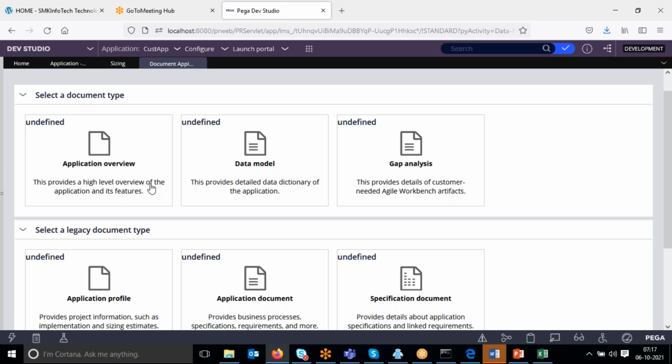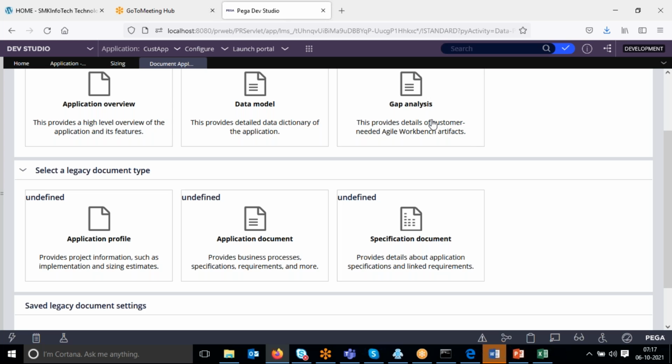I want to see the application overview, meaning the high level of the requirements. Data, the old database level requirement document, and gap analysis. This is a new application, right? Is there any gap analysis document? Is there any existing application? What is currently going on and what you're going to do, in and out of scope, is very important, right? Then our document is a technical document; I want both technical and business requirements. Click application documentation. As of now, for your base application, how technical things are used by the Pega tool, I want